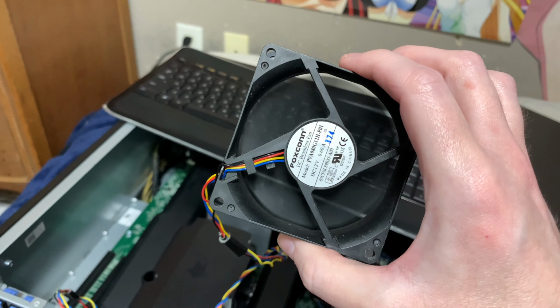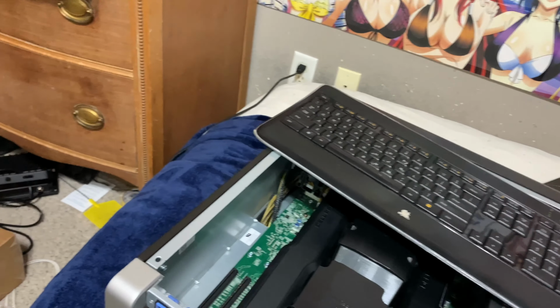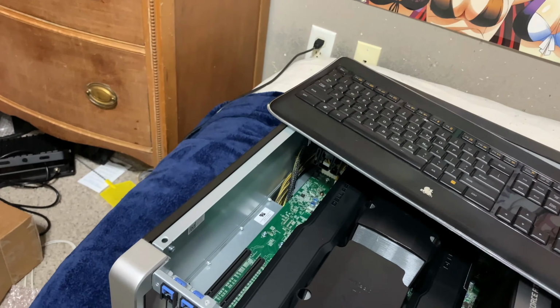Okay, so this fan here does in fact spin. So now what I need to do is pull the fan that's in the cooler here and see if it spins also. Because it feels like this thing's not getting proper cooling. Because I think that's half of the issues I was having with games and whatnot. I was noticing the computer was kind of locking up from time to time. The thermal paste application was absolutely fantastic. And considering how hot the CPU cooler is,